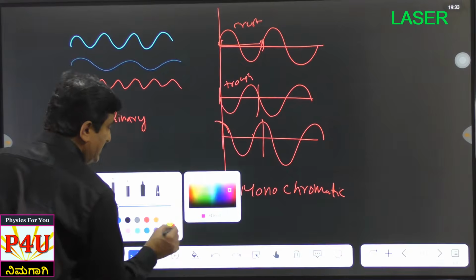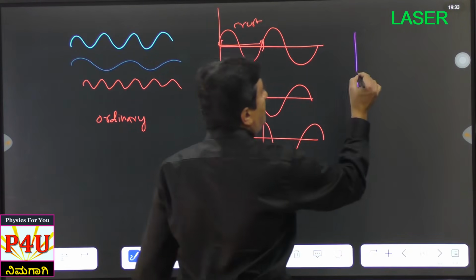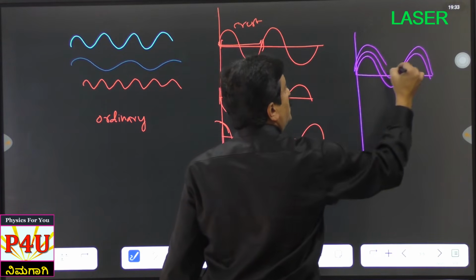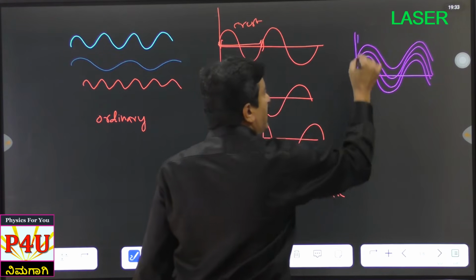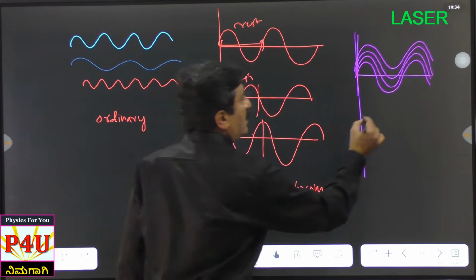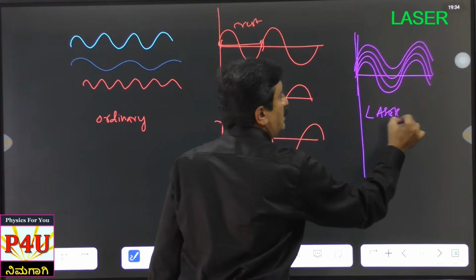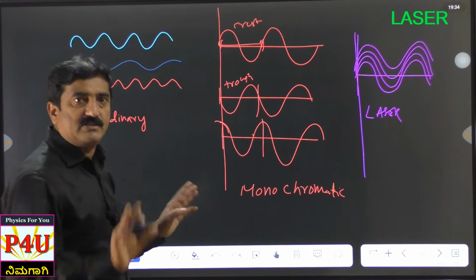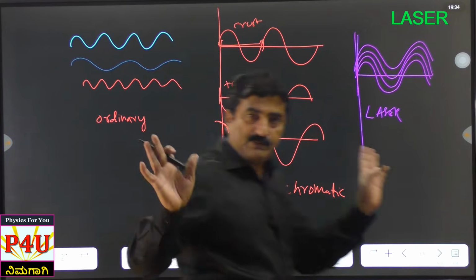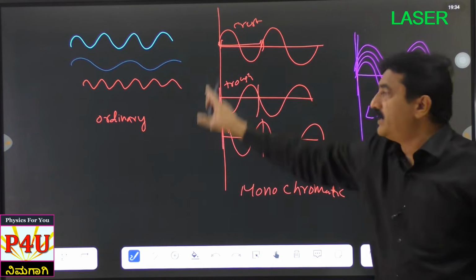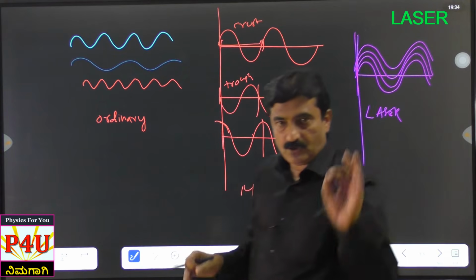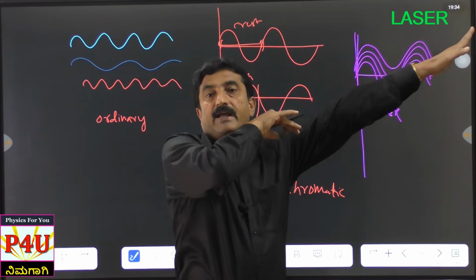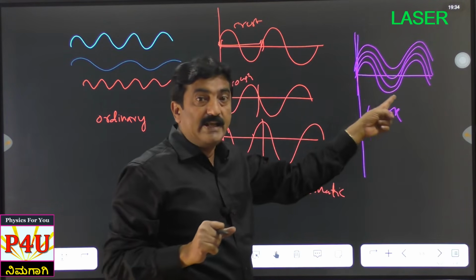If I want to call it as laser, it should be like this. If one wave is like this, another wave also should be like this, another wave also should be like this, and their starting point must be same. So I can call this comfortably as laser. See the difference? Ordinary light, monochromatic light, laser, all these things are available in my notes. Please go through it. In ordinary light we have all possible wavelengths. Monochromatic only one wavelength, but the path difference is not constant, whereas here it is not only monochromatic, not only coherent, also well polarized, plus traveling in the same direction. So this is the laser representation.